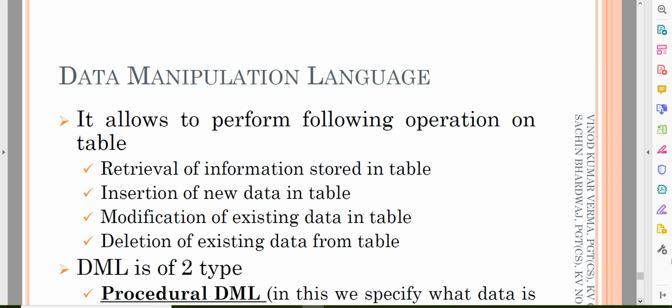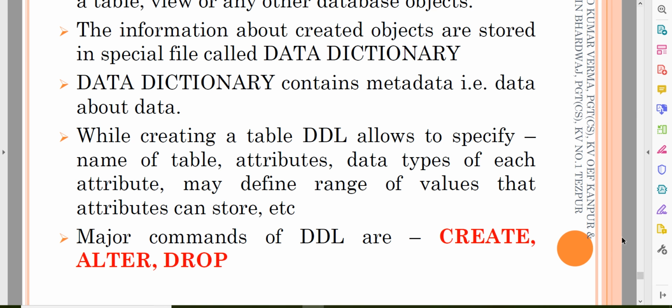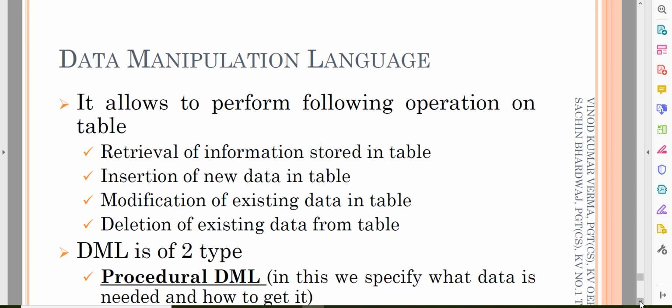So all kinds of creation and deletion of a table, not deleting a record, see here: create, alter, drop, these are all DDL commands. So DDL commands are creation, altering and dropping of a table. DDL is definition language, but manipulation means the data, the records, will be manipulated.